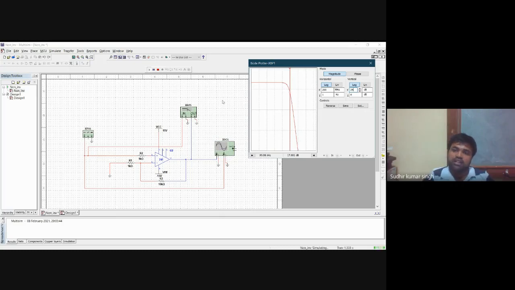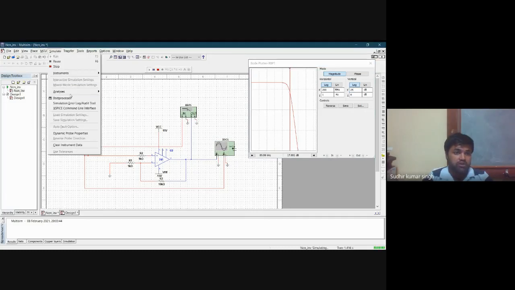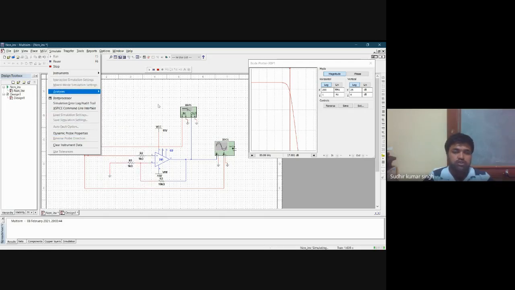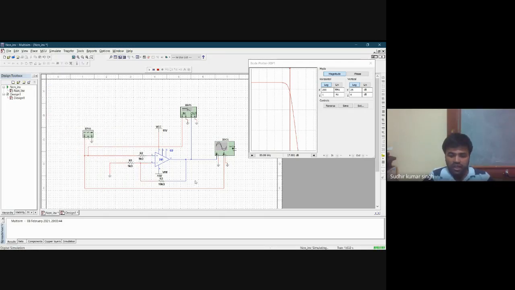So I am only using the magnitude plot of this, and this facility can also be extended, we can make use of analysis. And here you can see AC analysis, and then DC sweep. We will change the values of sweeping, we will see in the entire range. So all students are expected to explore what is AC analysis, what is DC sweep. For Multisim, you are expected to observe all those things. So I think now you are in a better position to understand how we can make use of Multisim to understand